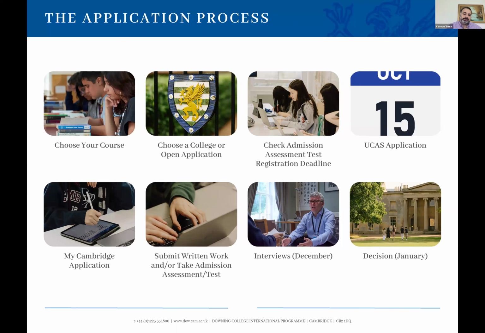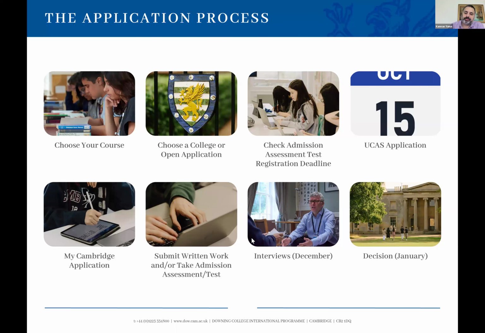Now, one other thing is, for some subjects, such as classics, history of art, architecture, if you are shortlisted for an interview, we may ask you to sit a test. And again, the college you've applied to will be able to provide you all the information. And if you are invited for a subject where there is an at-interview assessment, like if you're invited for an interview, there's an assessment at the same time, the college would let you know about that. And again, there's lots of past papers available, so you can familiarize yourself with the process.